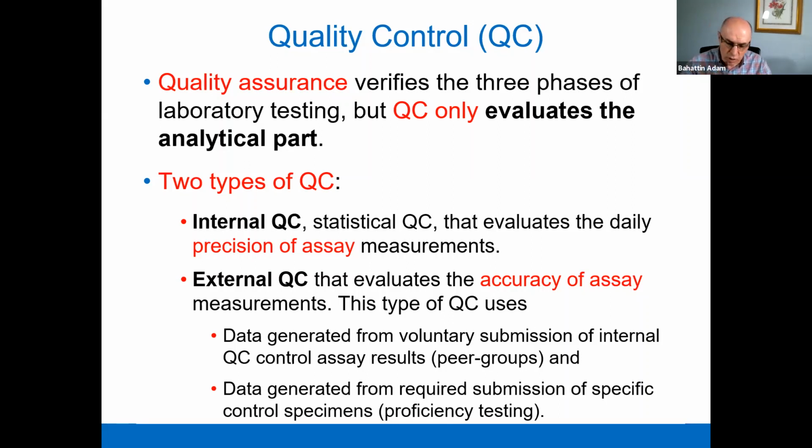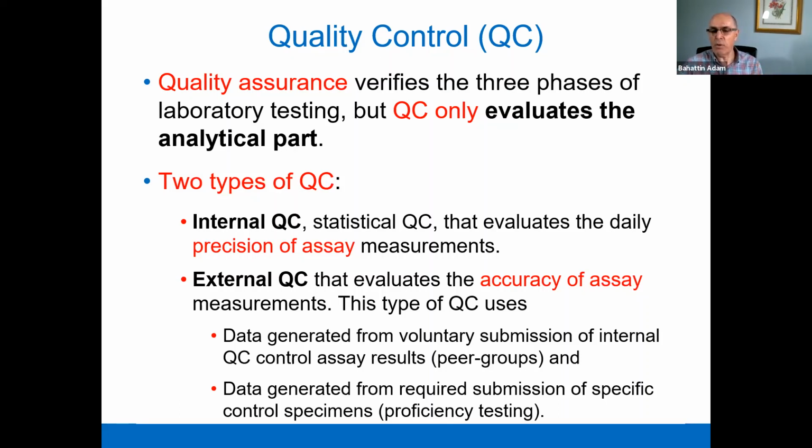You are using your own control sera in order to evaluate the precision of each assay in the labs. However, external quality control, external QC, evaluates the accuracy of assay measurements, and you have to use the external